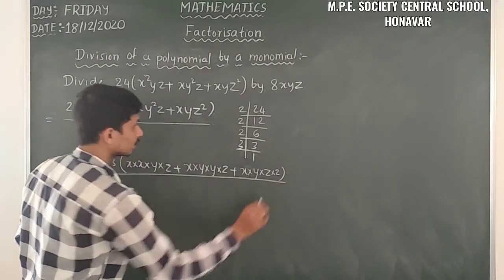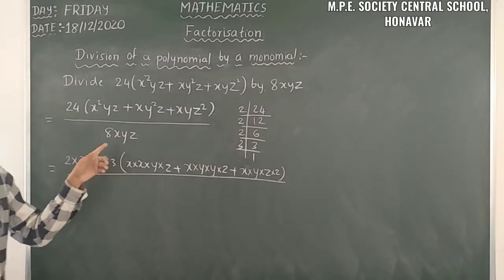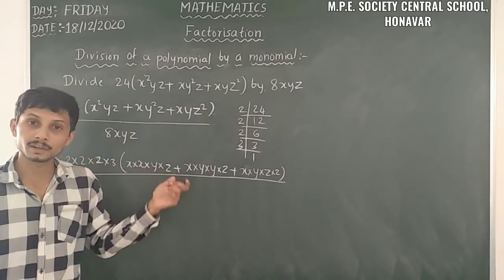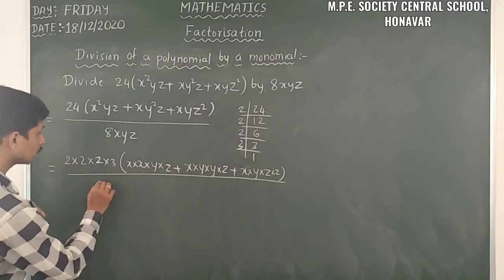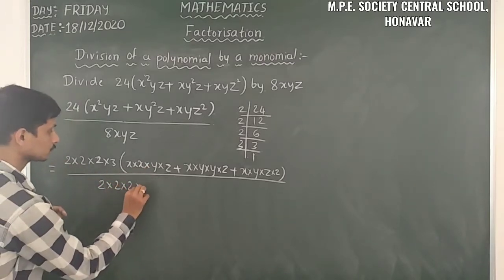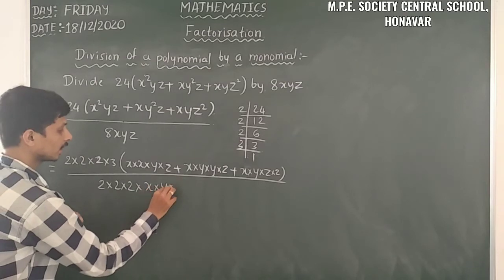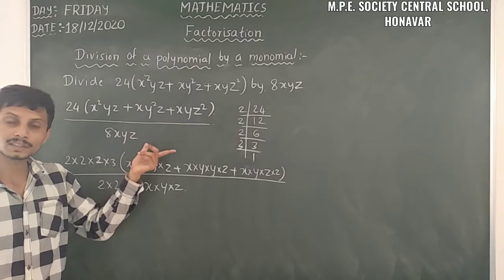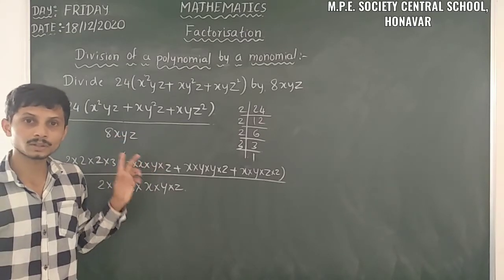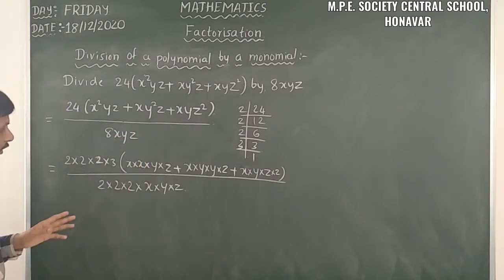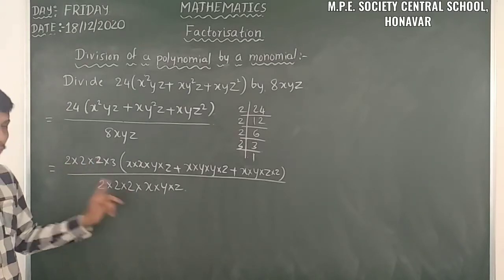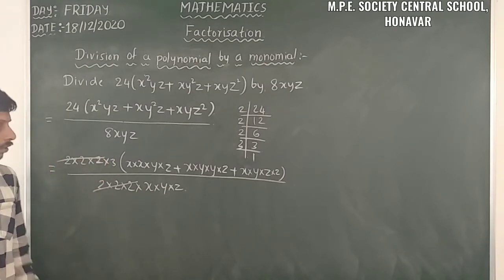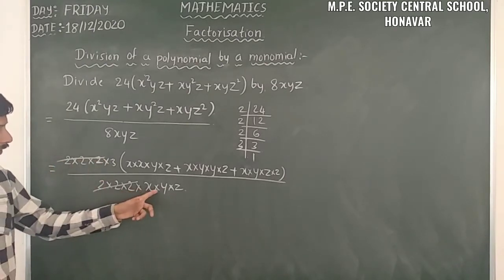Yes. So then here we have 8xyz. Here 8 we can also write in the form of a product of prime factors and irreducible factors. That is 2 into 2 into 2, and x and y and z. Except for 8, there are no other reducible terms here. Only 8 we can reduce. Just observe, 2 into 2 into 2 here, and 2 into 2 into 2 we have here, so we can cancel these 3.